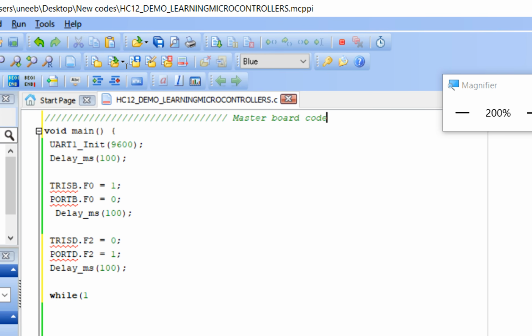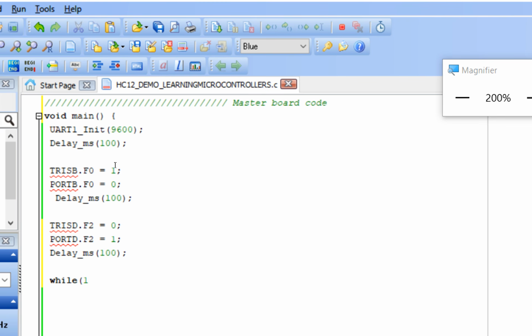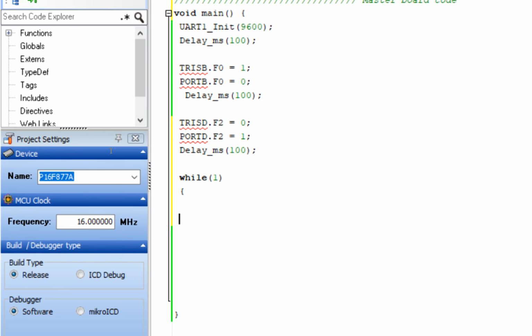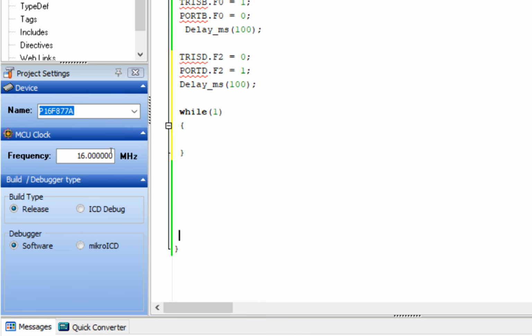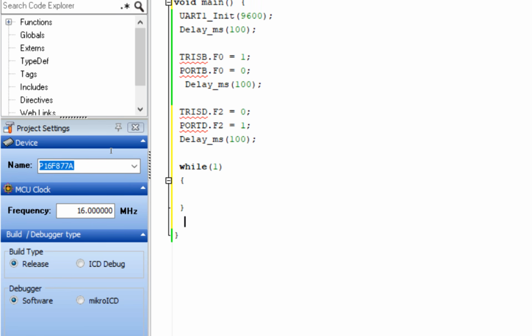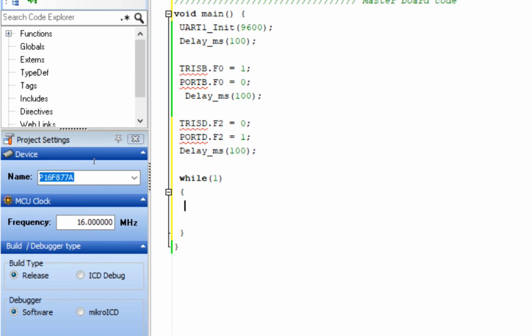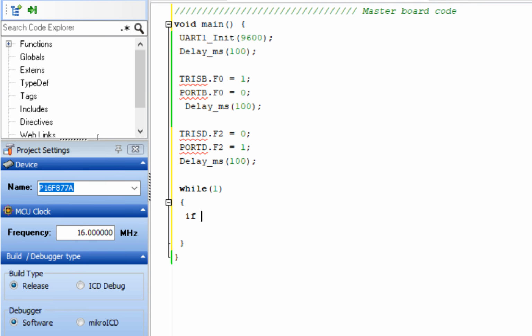Board code, like this. So the forever loop starts here. Write down while(1), the starting bracket and the ending bracket, making it like this. Now guys, the first thing is we want to send a signal whenever the button is pressed. The button is at B0, so we write down if PORTB.F0,